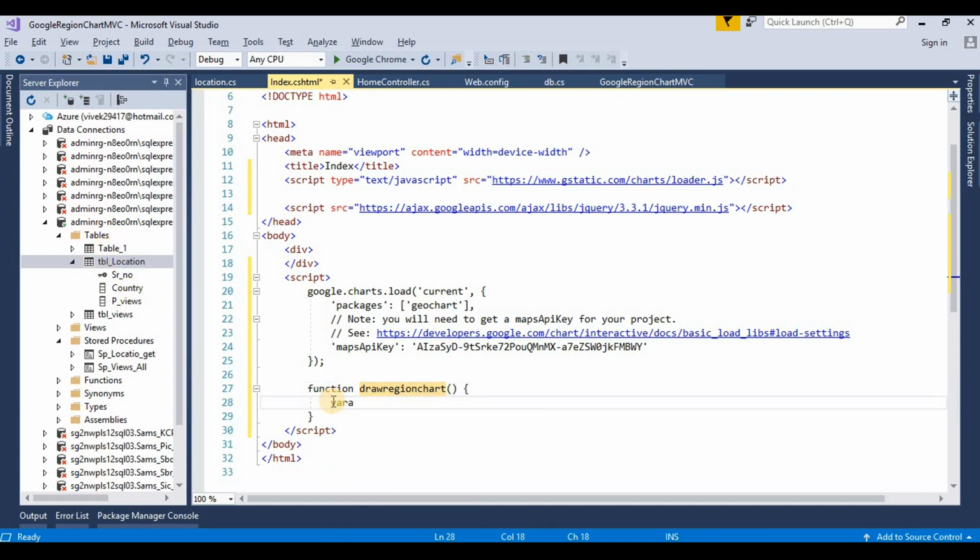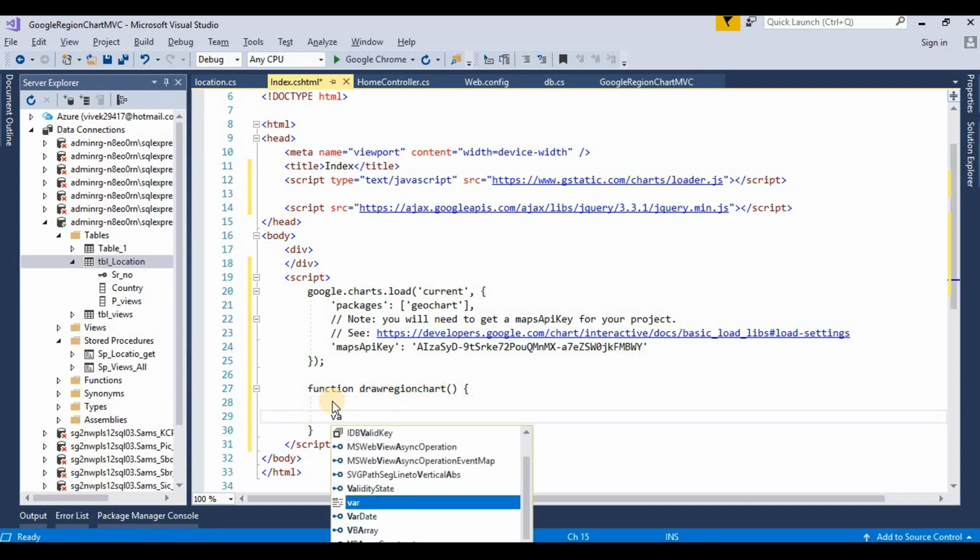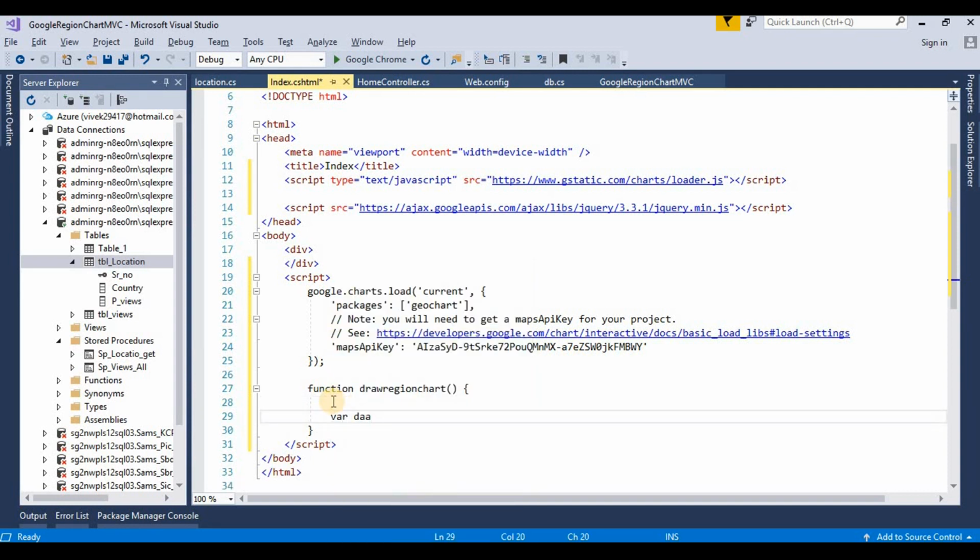We take a variable, where data, where type variable, it's a new Google dot visualization dot data table,